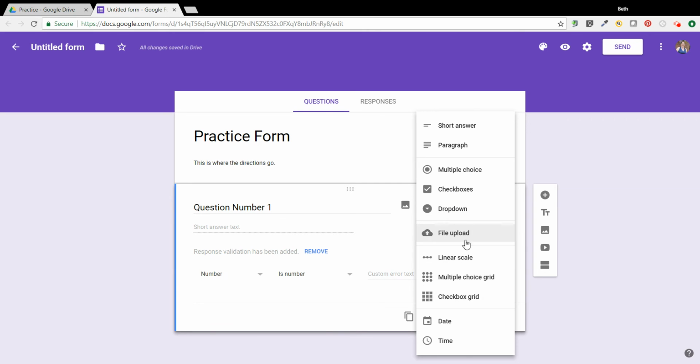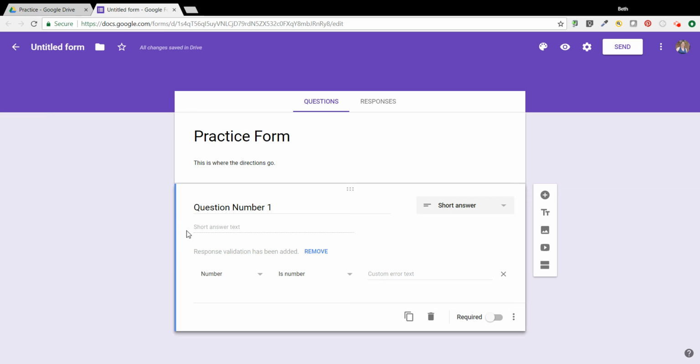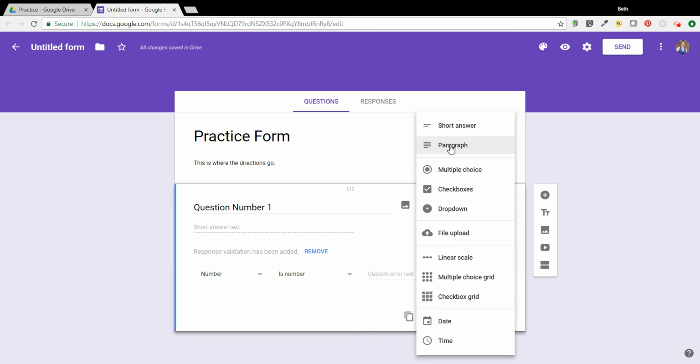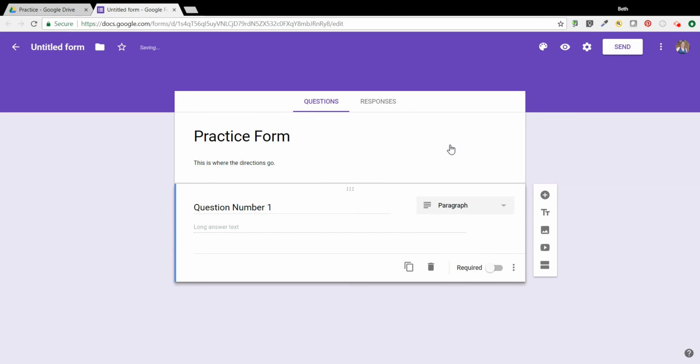We're going to ignore the rest right down here because I want you to focus on the basics right now. So if my first question was something that I wanted them to write a short response, just a quick answer, this is where they would type it in when they receive the form. Now, if it has to be in more depth, that's where you get the paragraph. It looks like the short answer, but it says long answer text,